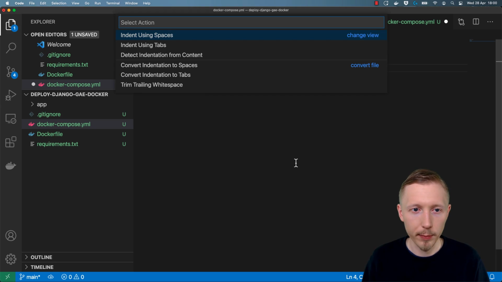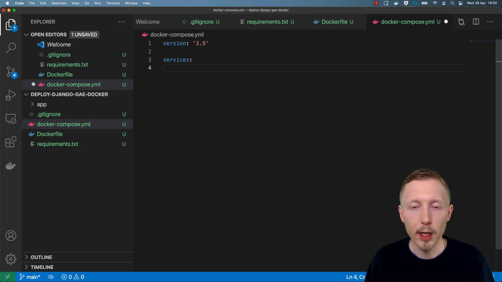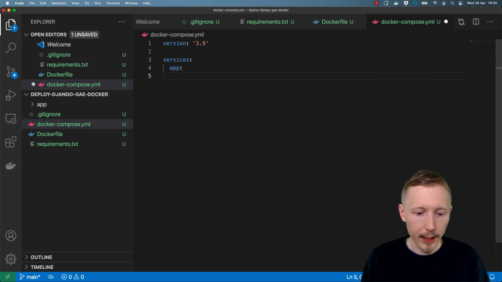Before I do that, I'm just going to change my spaces to 2 spaces because I prefer using 2 spaces for YAML files. This is totally optional. It just makes it easier for me to read them. So underneath services, I'm going to type app: and then underneath that, I'm going to type build colon, and